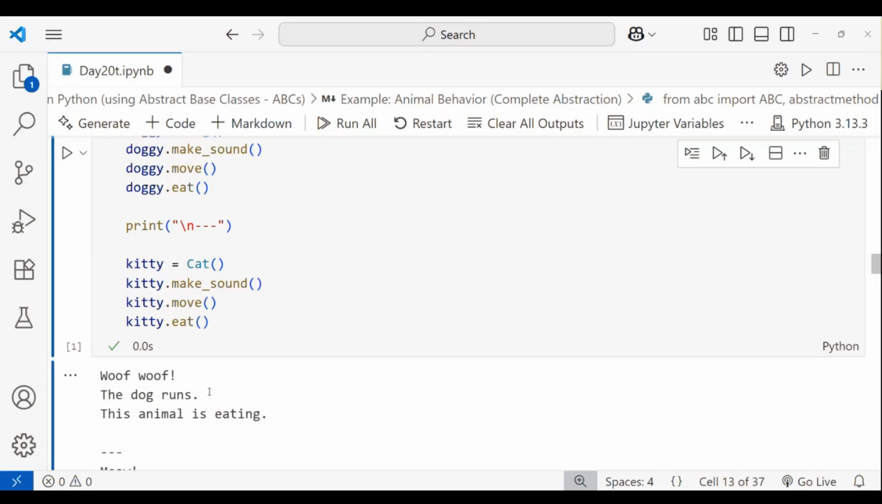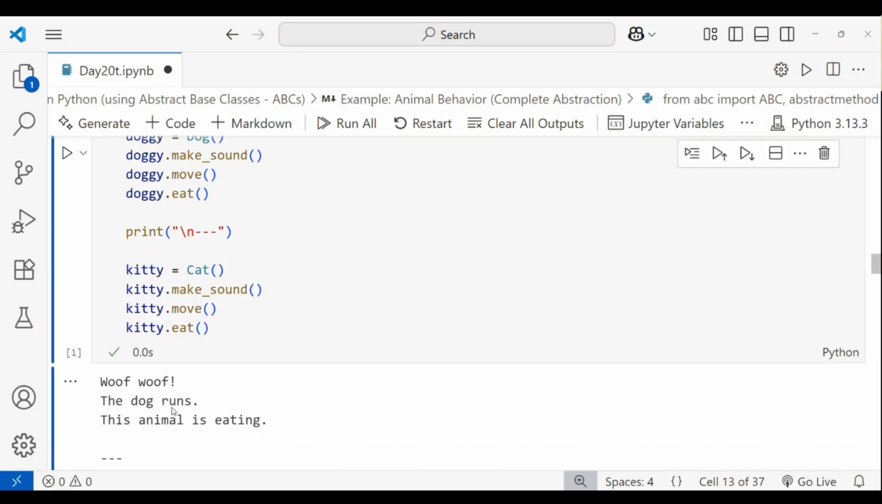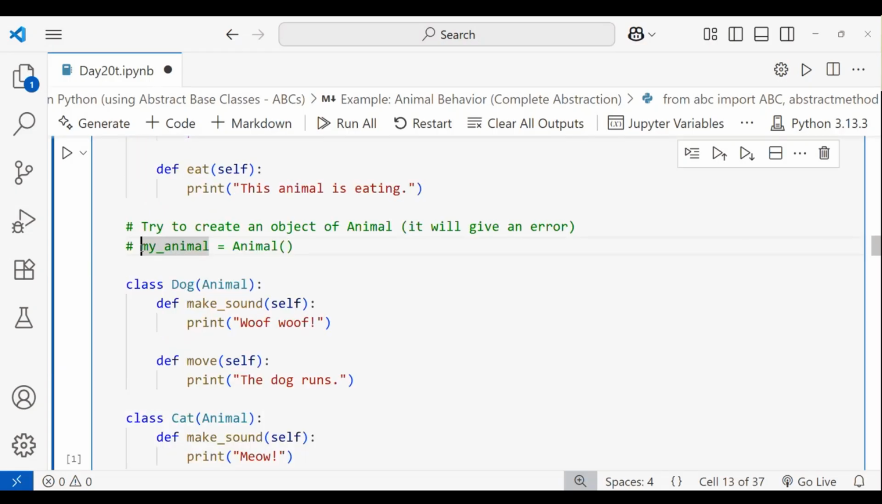Another one is created, that is kitty, which is nothing but a cat. The cat makes a sound, that is meow, and it moves, the cat walks gracefully. Then this animal is eating. Like that it will run. If you create objects in the parent class,